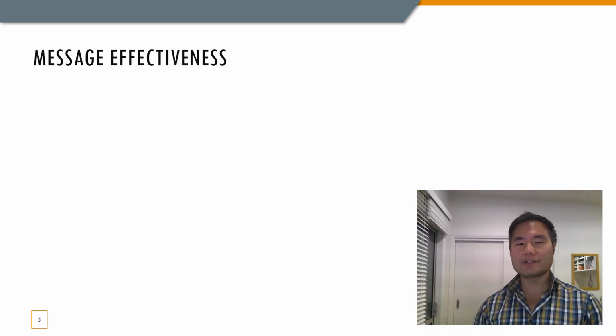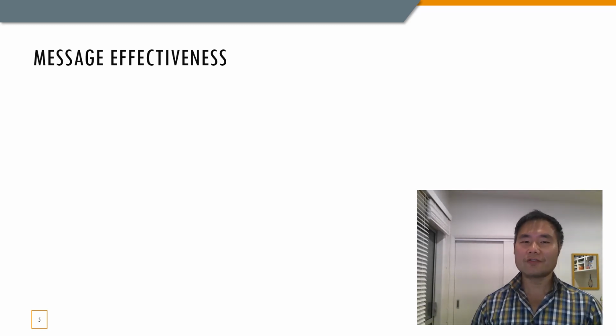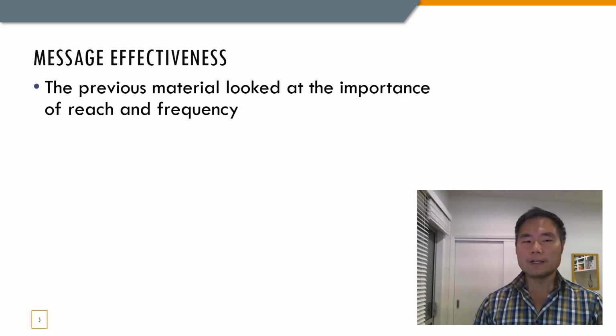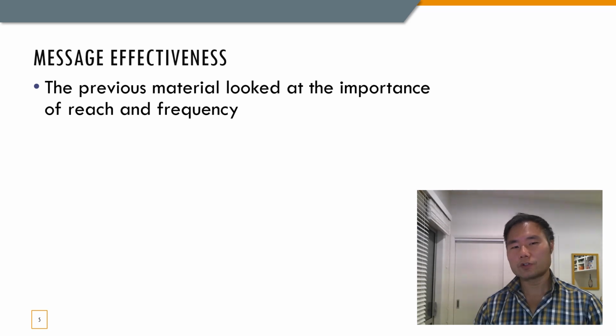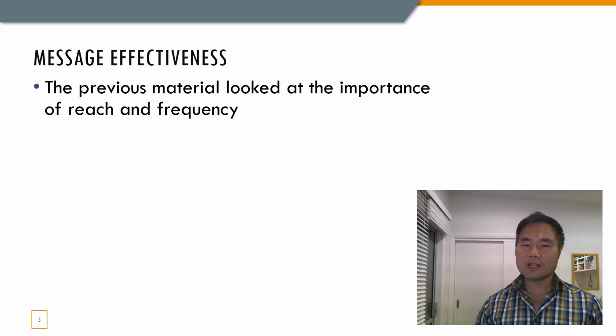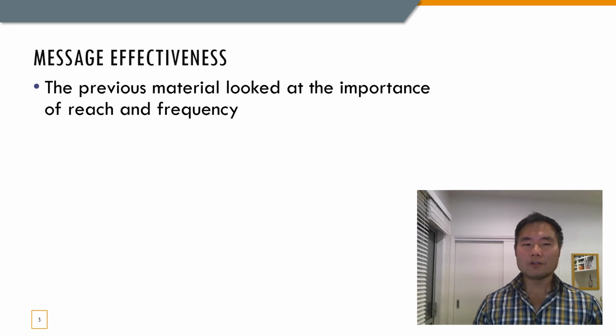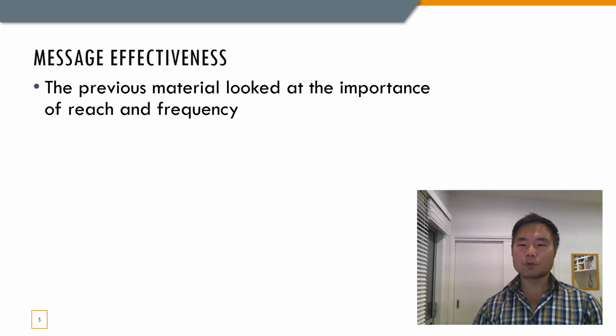So message effectiveness is then something that we have to consider when we look at cost efficiency versus cost effectiveness. The previous few slides mainly focused on the importance of reach and frequency, and those are typically measured by a cost per thousand, right? It's a very black or white number in terms of this is how much it costs to reach 1,000 people. And if it costs this much and we spend twice the amount on the same media and run it for twice as long, then the frequency is likely to become twice as high. And so even though that's very black and white,